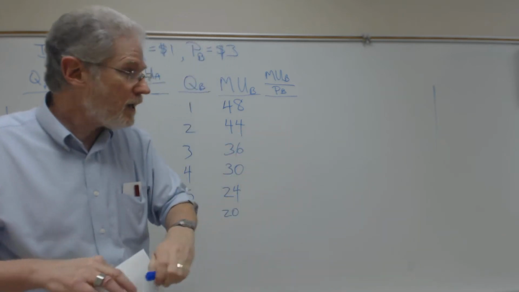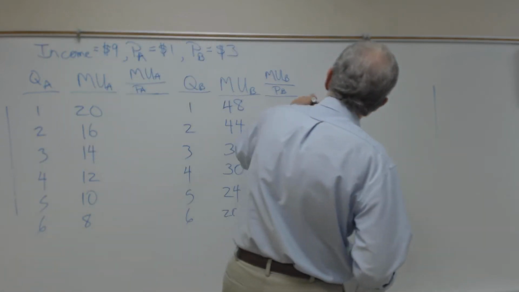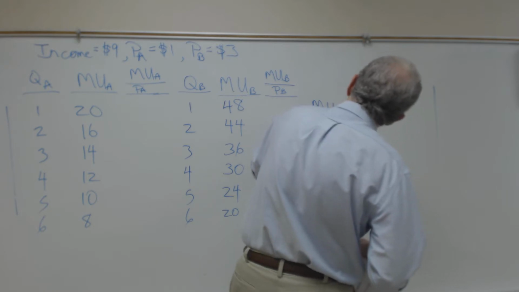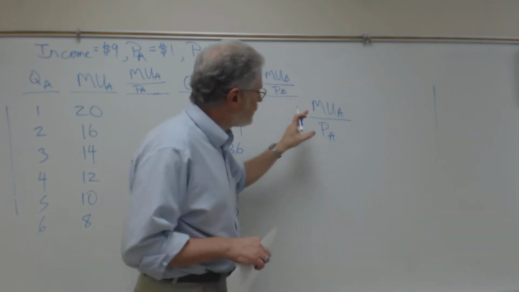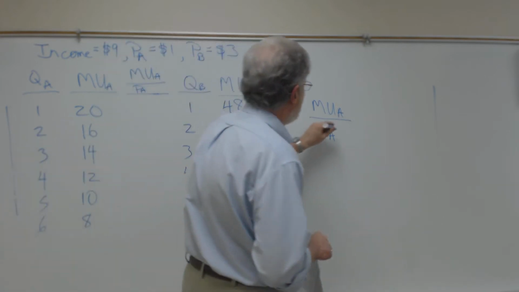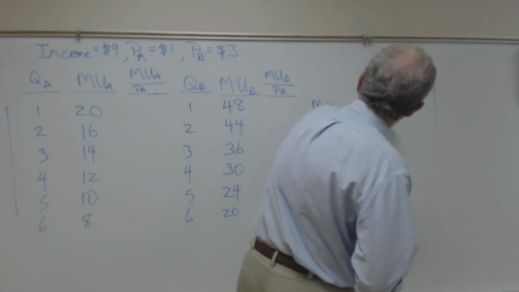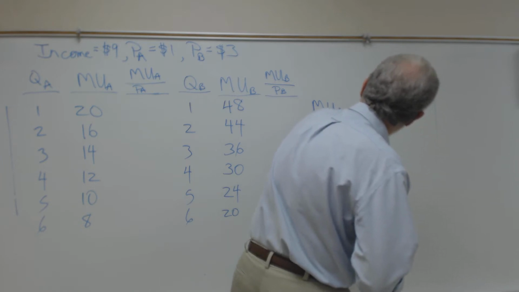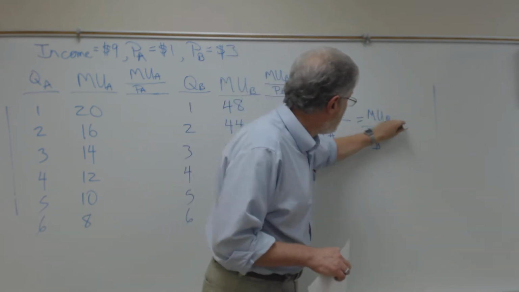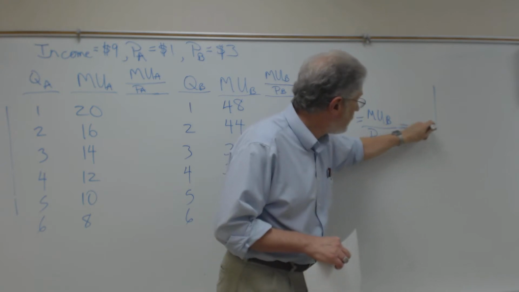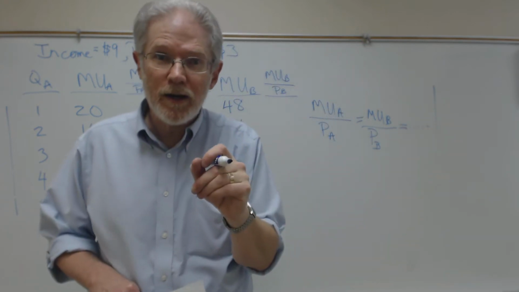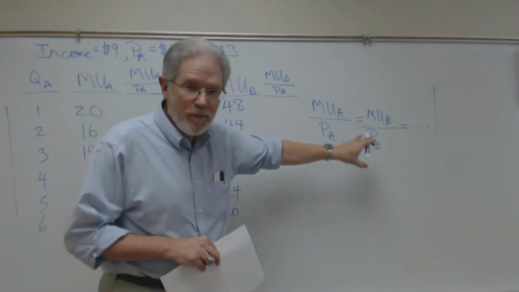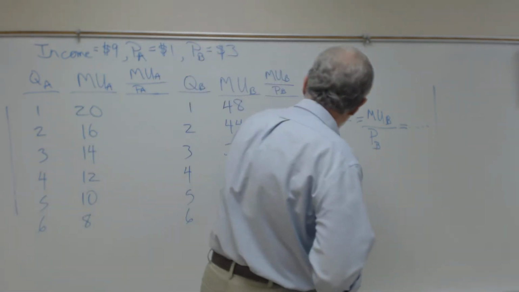And if you do that, you're going to end up where the marginal utility per dollar spent on apples will be the same as the marginal utility per dollar spent on bananas, and it would be equal for every product you're buying. Why do we end up there? We end up there because